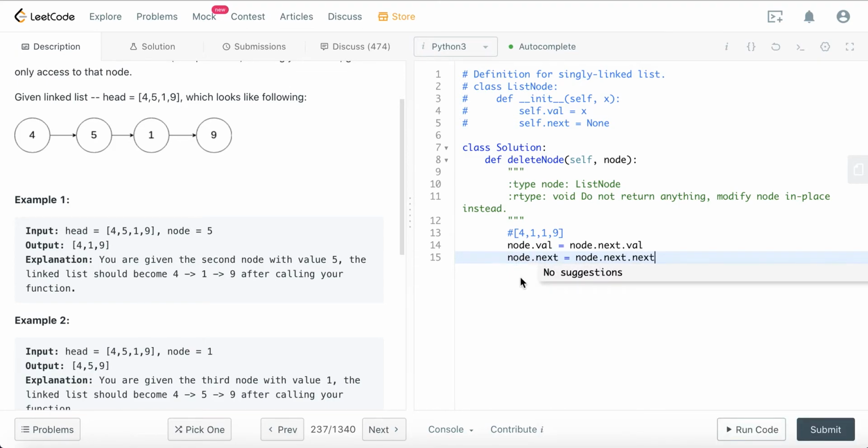So what we are doing for this step is, previously this node, the node itself is